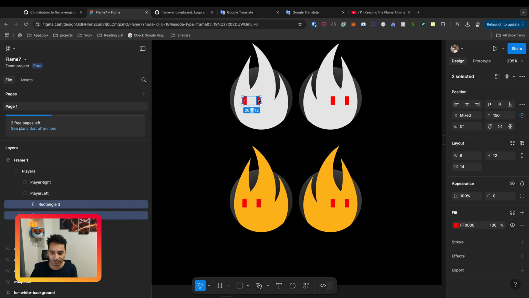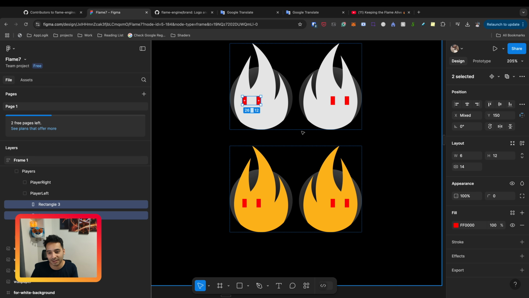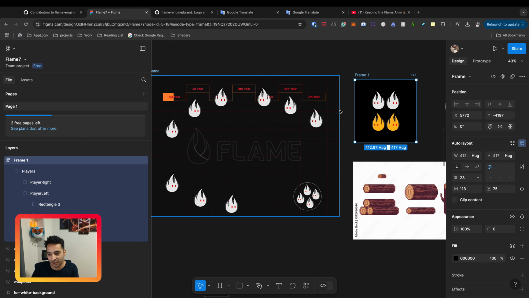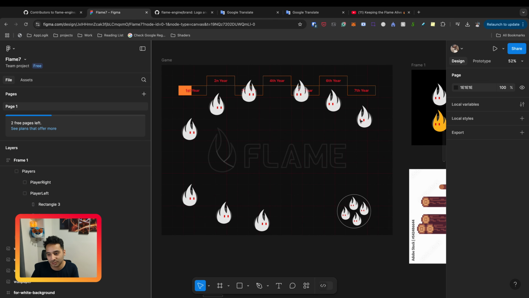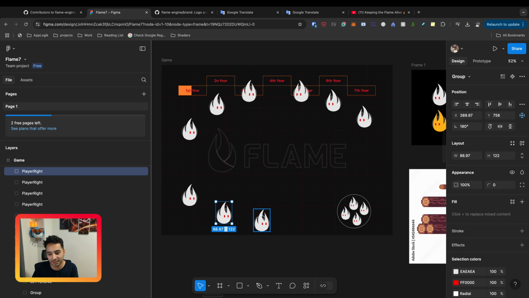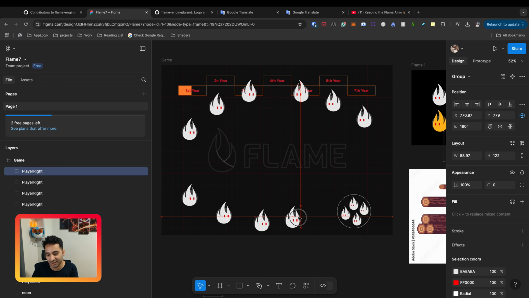If you don't have these 2 eyes, it's a static or simple logo that you have. But when I added these 2 rectangles, it's like a character that has eyes and it can move and it can throw some fires. And yeah, it was using 2 simple rectangles here. And I just decided to put the top 10 contributors here. Here we have 10 contributors. It is 9, but in the real animation it is 10.